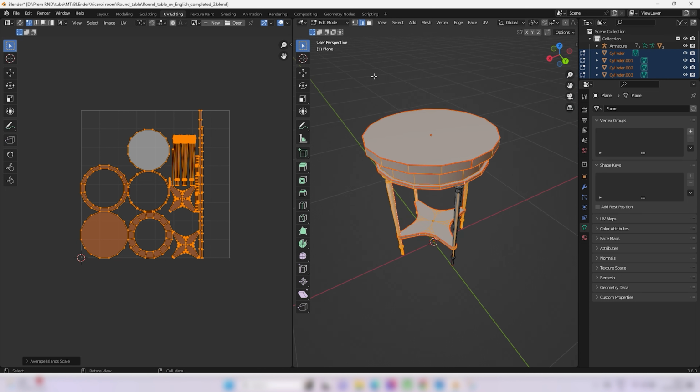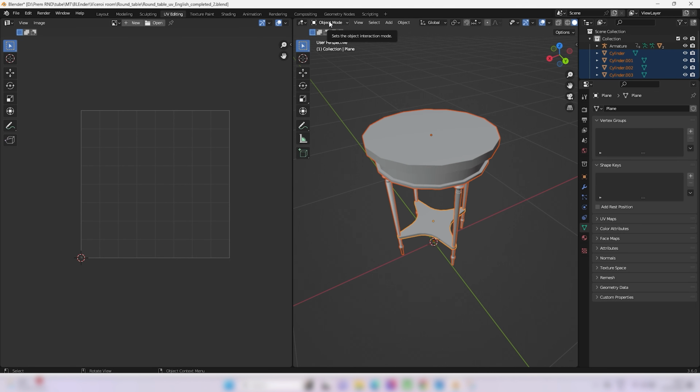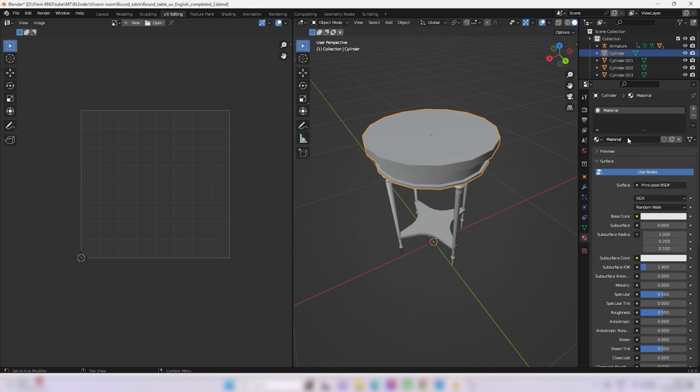For that, I press Tab to go to object mode. I need to add a material to this object first, so I select this top object, go to material and click New. I give the material name as round_table. I hope the spelling is correct. And my favorite color is red, so I go with red. I'm a red lover, so dark red. It's fine